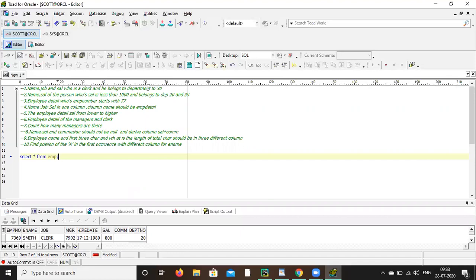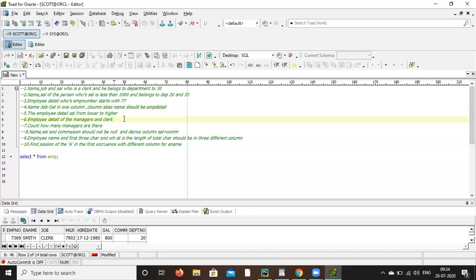Next, I want name, job, and salary in one column. Then you have to give a column alias name. The column alias name should be employee detail.